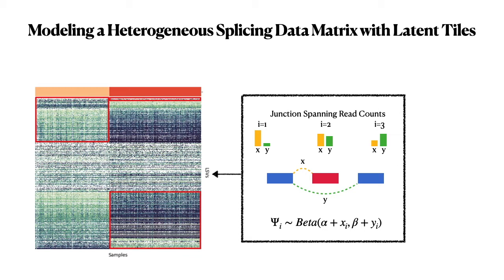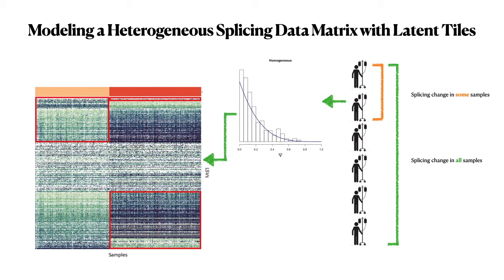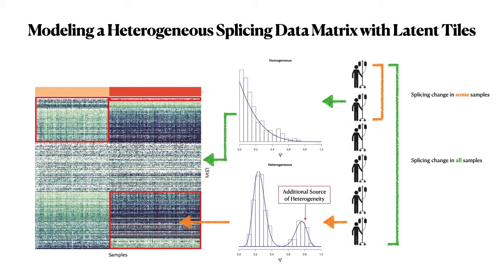In heterogeneous data with human patients, there is a high level of individual level variation for each splicing event that must be accounted for. This can typically arise if splicing is misregulated in a subset of patients. If this change occurs in all patients uniformly, the distribution of psi is expected to follow a beta distribution, generally favoring high or low inclusion. However, if we have a scenario where only a subset of patients have misregulated splicing, this results in a mixture of beta distributions, with one component representing a signal of interest indicated by this additional source of heterogeneity.